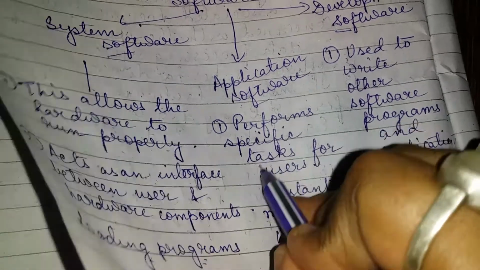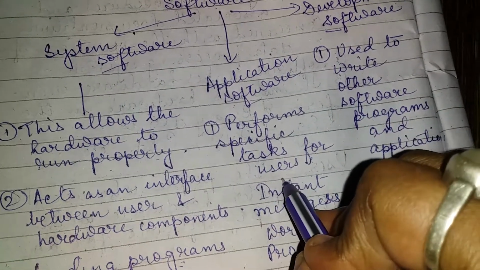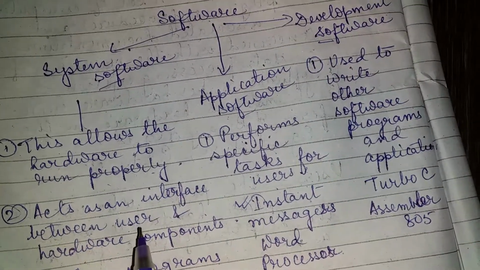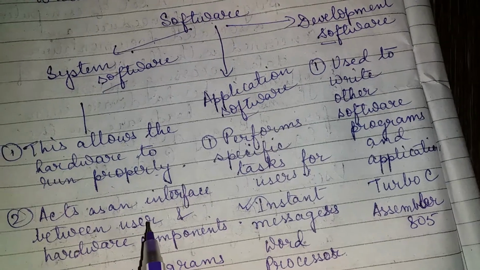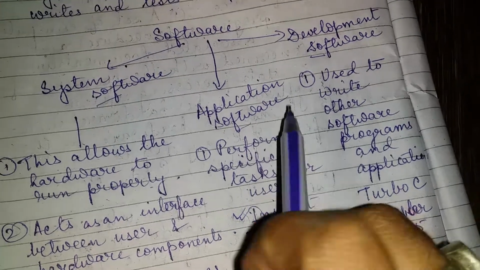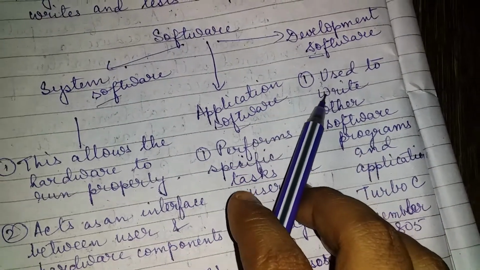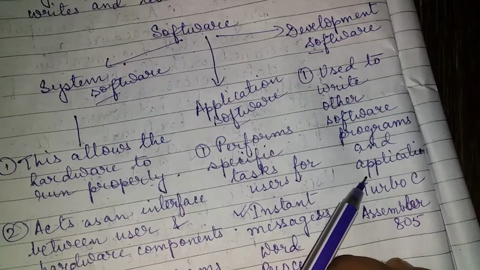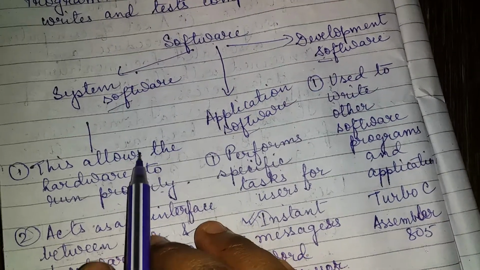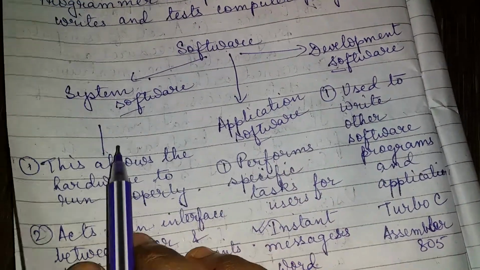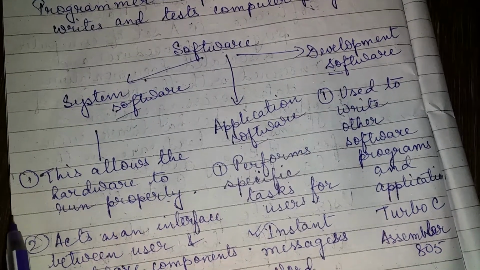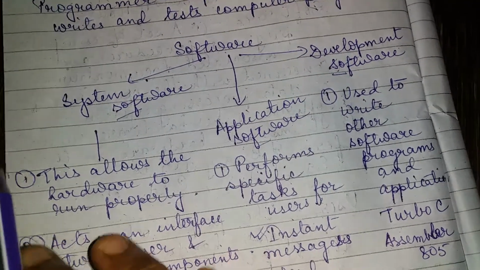Application software performs specific tasks for users. Instant messengers, such as the many apps we have on our mobiles, like Instagram, WhatsApp. So those are application software. Word processor too. And finally, development software is used to write other software programs and applications, such as Turbo C, Assembler. So this is about the different categories of software. What I have made you understand, go through all of these things, and don't worry, questions will be coming from whatever I am doing in the